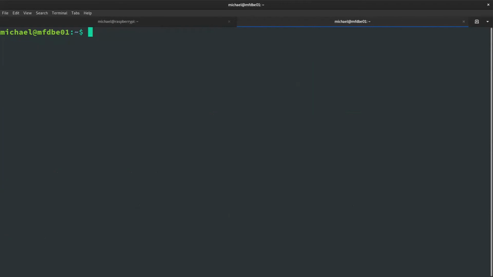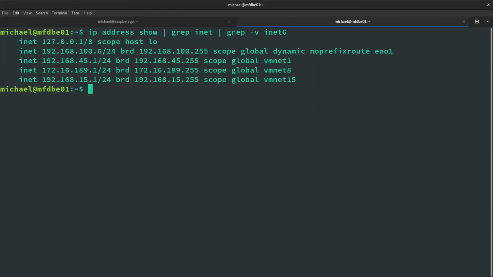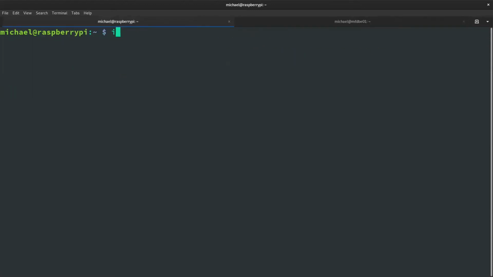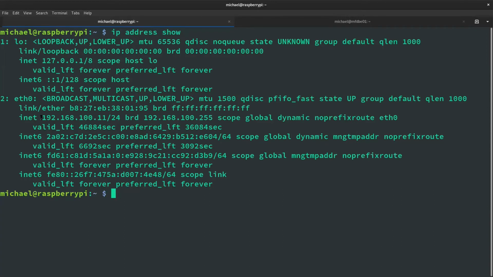So that gets rid of all the inet6. There's my address there. These are just some of my virtual subnets. I think that's VMnet1, VMnet8, and VMnet15. So here's my IP address here, 192.168.100.6. And over here, if I do ip address show. Okay, here's my IP address here,